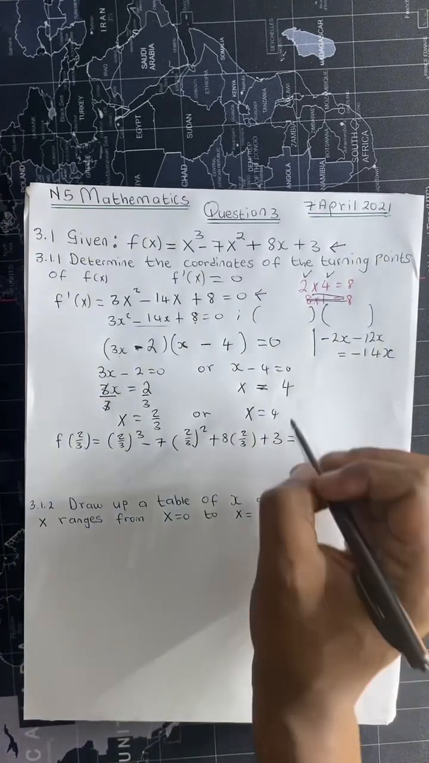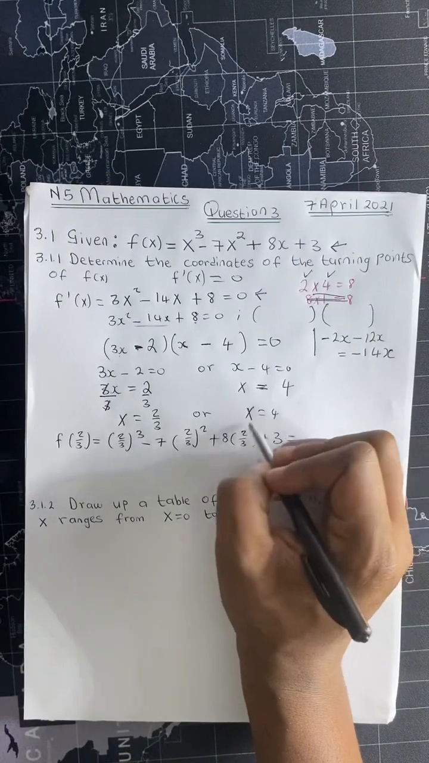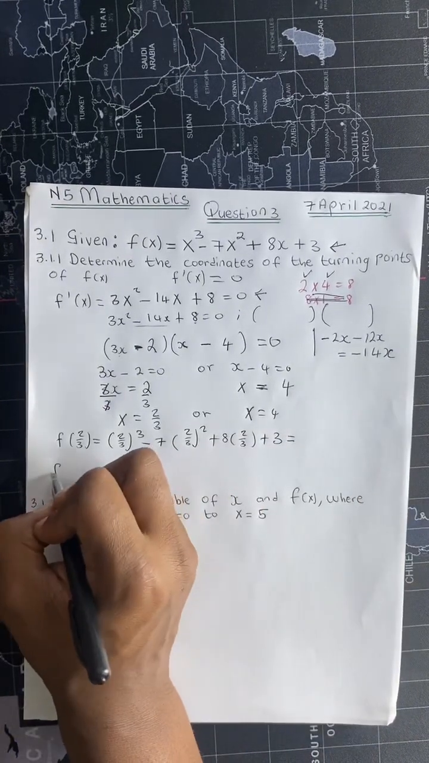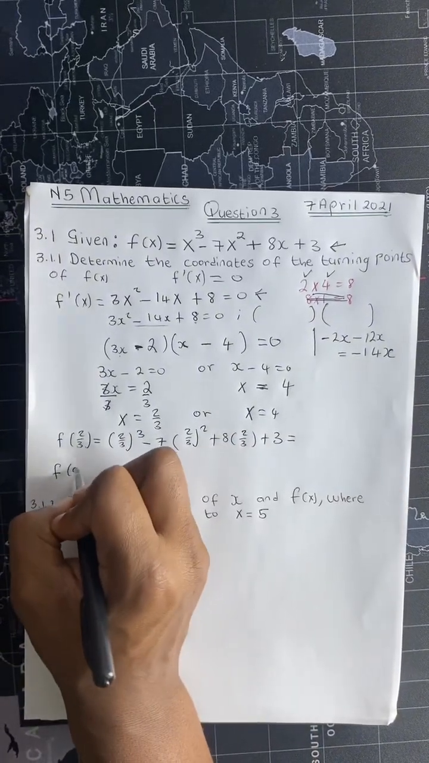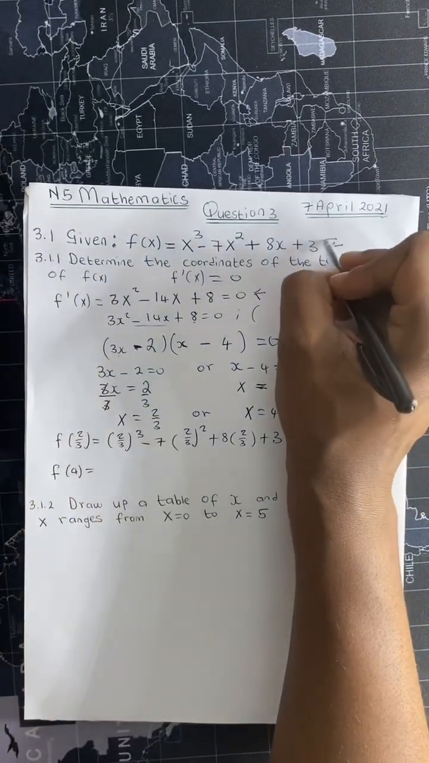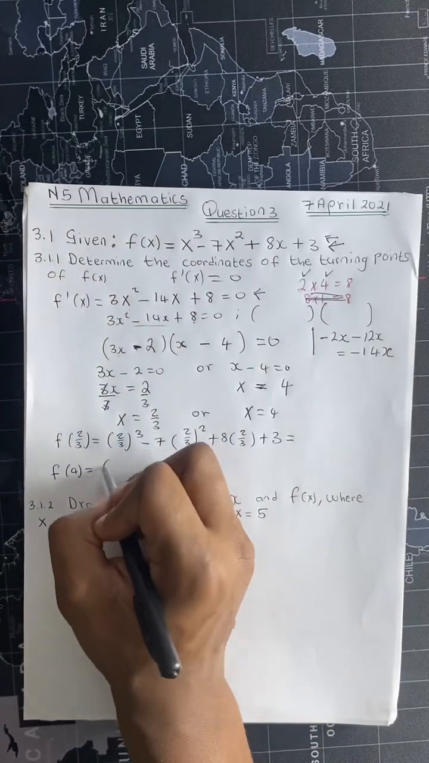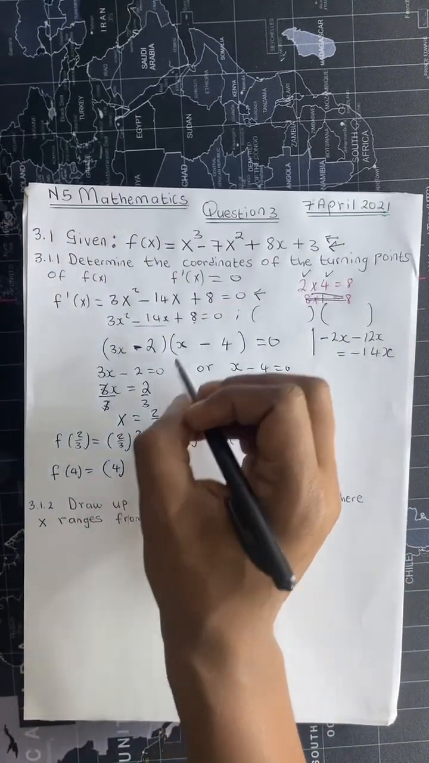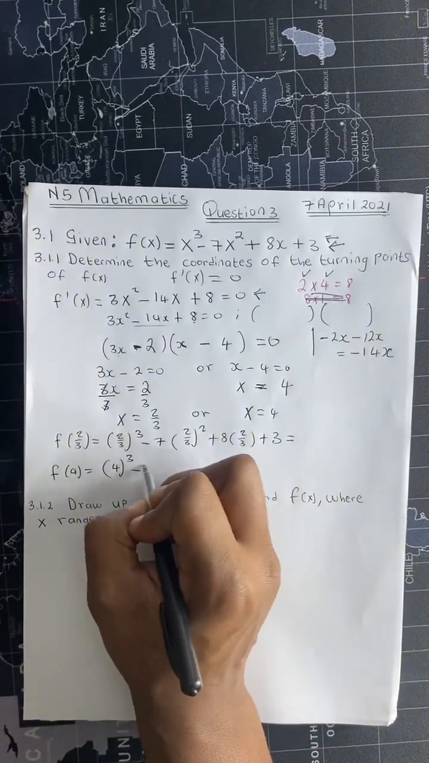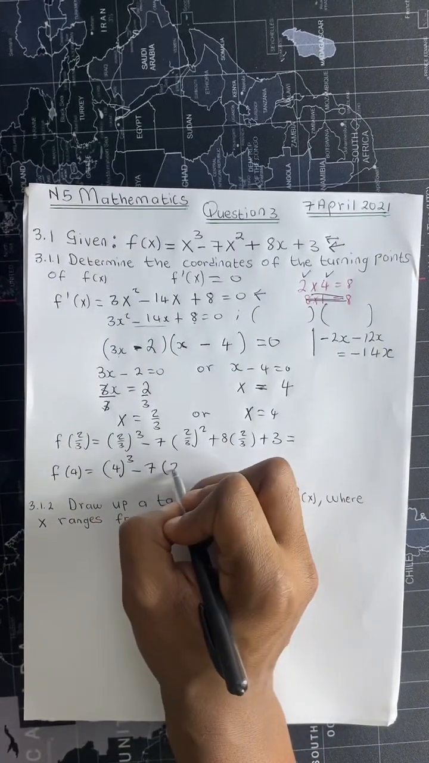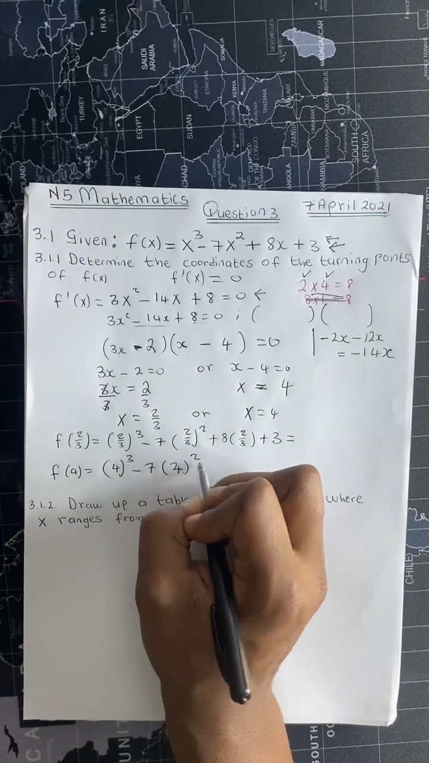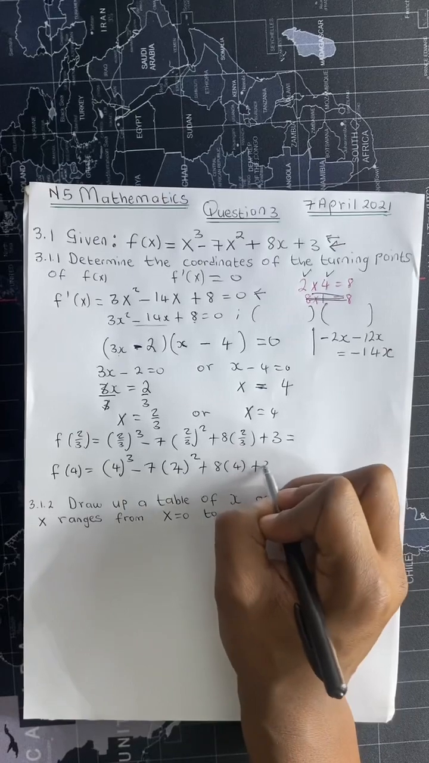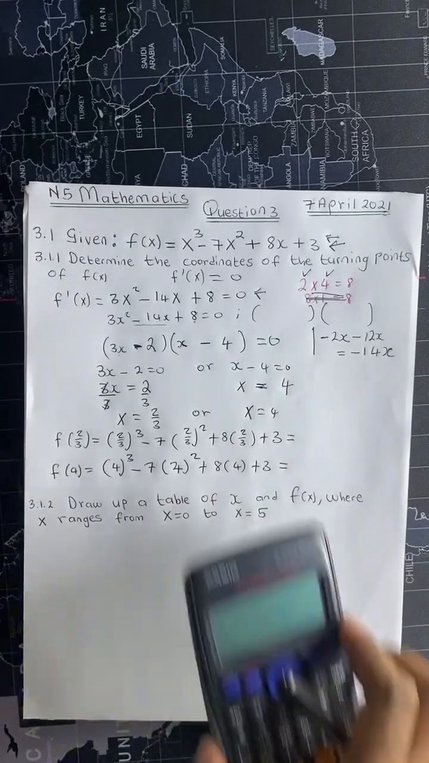In order for us to get the corresponding y value for this x equal to 4 coordinate, we take the x coordinate, which is 4, and we substitute it also into the original f of x equation. So when we substitute 4 where there is x, 4 raised to the power 3 minus 7 into 4 raised to the power 2 plus 8 multiplied by 4 plus 3, this will be equal to,